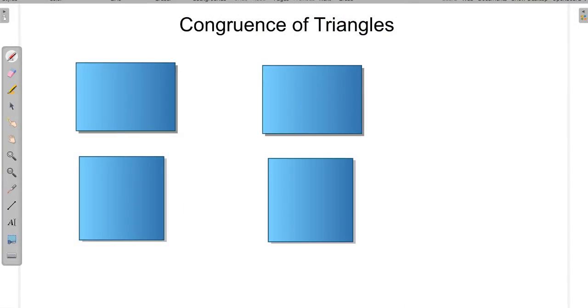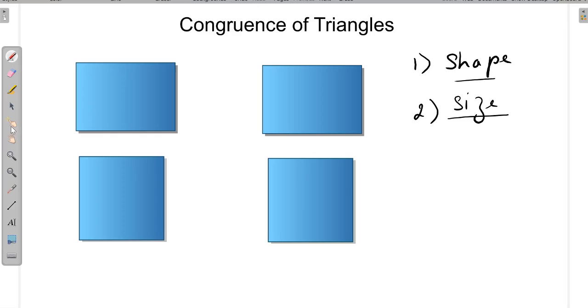In today's video, we will learn about the congruence of triangles. So when can we say the congruency is done? Congruency is said when two figures have the same shape and side. Congruency mainly depends on the shape and the side. If the figures have the same shape and they have the same size, then those two figures are said to be congruent. On these two factors we can say the two figures are congruent.